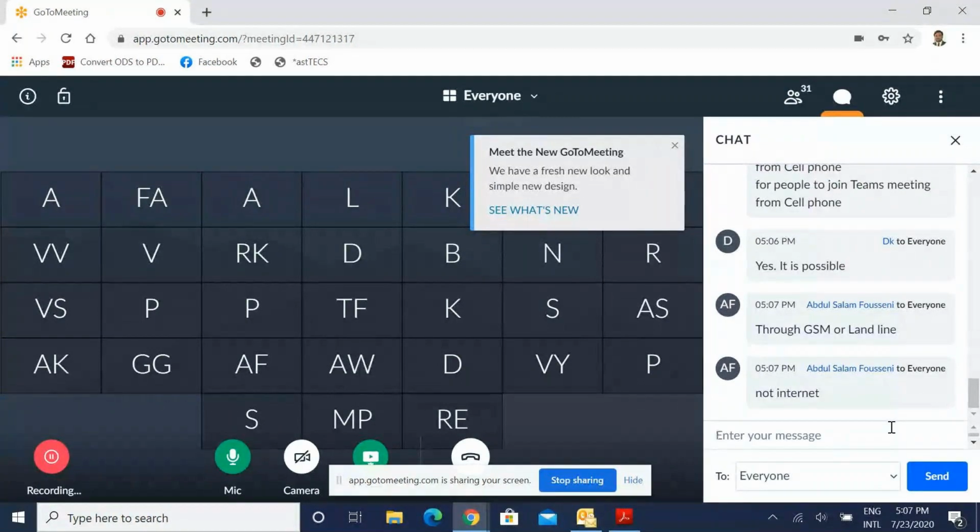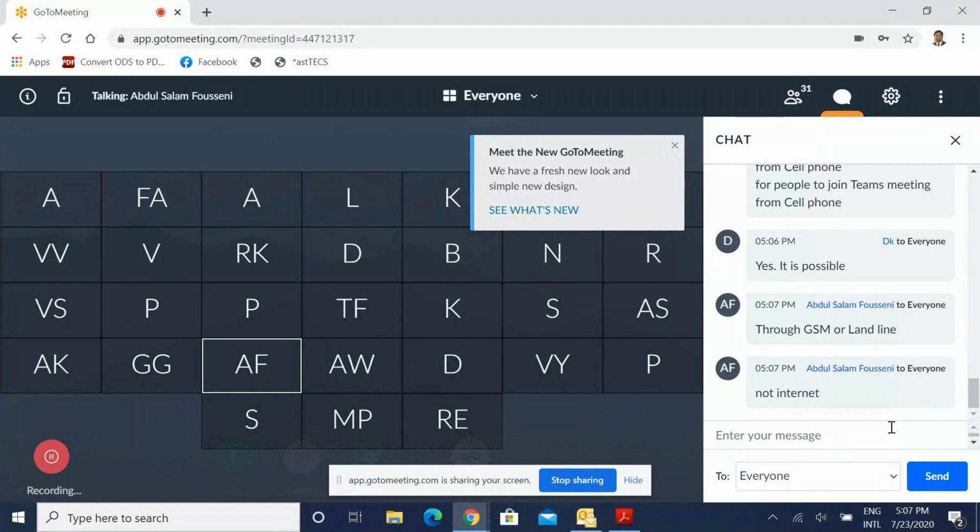Yes, sir. On the Microsoft Teams, the use case I was considering is if somebody does not have internet access, he wants to join a Microsoft Teams meeting, but he has a GSM or a landline. If Aztec PBX is integrated with Teams, and that trunk is defined in the integration, then if the person dials a specific number, that number can be routed into the meeting. That's the use case I was looking at.